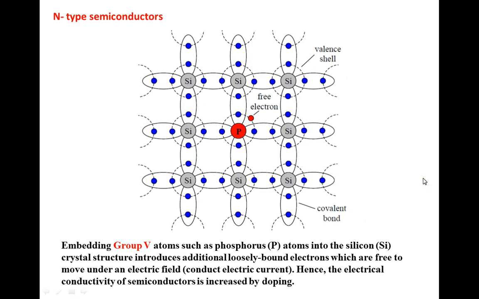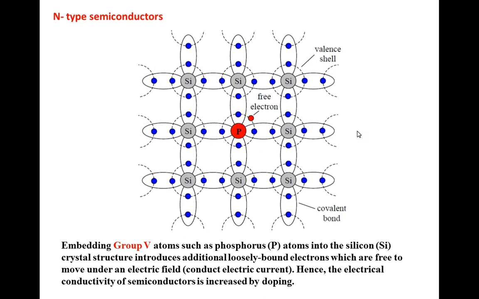Typical intrinsic semiconductors are the silicon semiconductors. It will be a grid of silicon atoms forming pair bonds with 4 other silicons. If we remove the central silicon atom and put in a group 5 atom, which in this case is phosphorus, we see that there is a free electron around. This free electron is loosely bound to phosphorus, and hence it's easier to cause these free electrons to move away